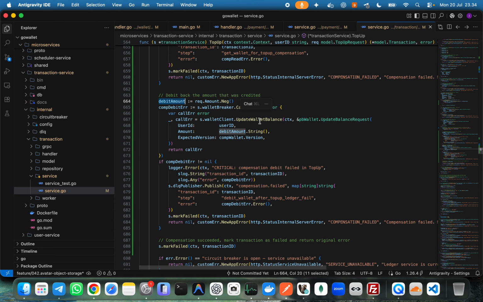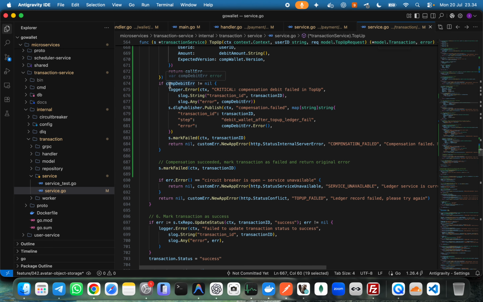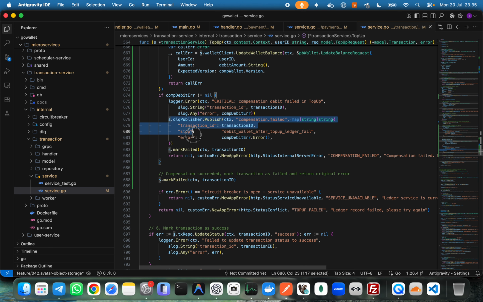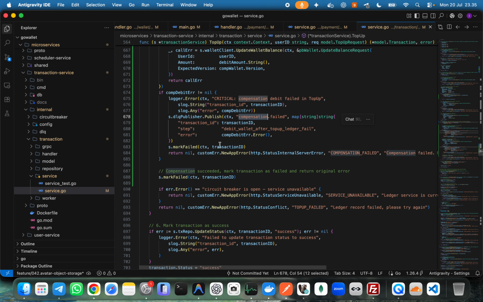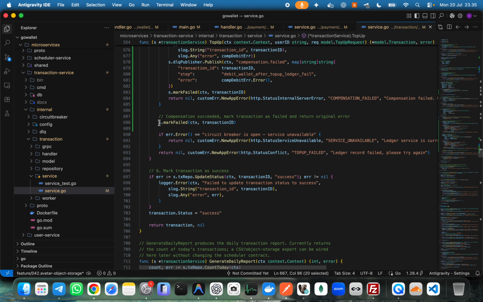So here we update the balance, debit amount, string, and expected version. Here we update the wallet balance, and then we check the wallet breaker again, and then we publish to the DL key publisher, if the compensation is fail because cannot update the wallet balance and makes this as a failed transaction. Okay,